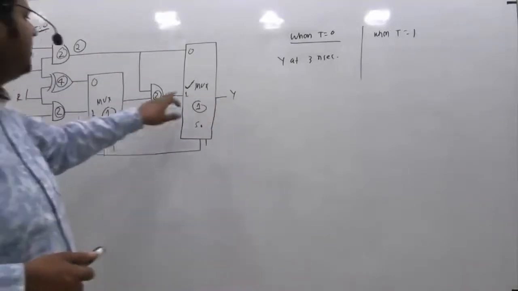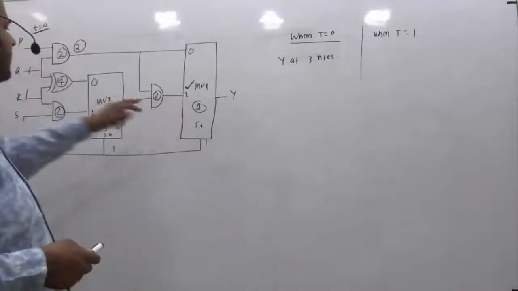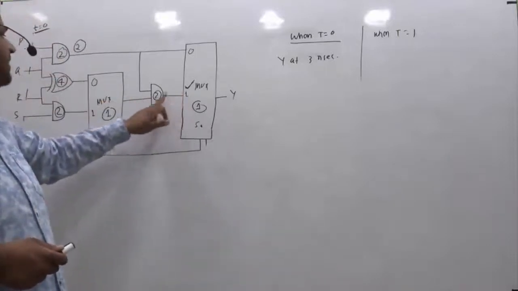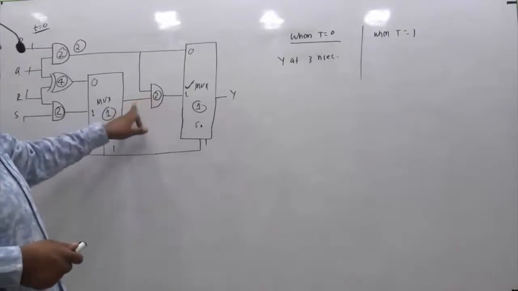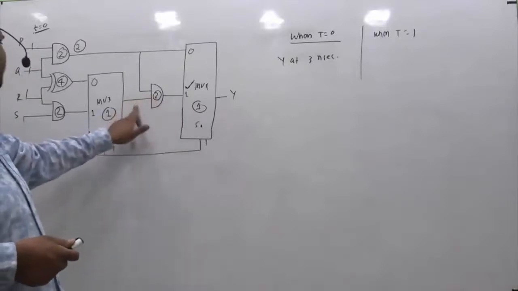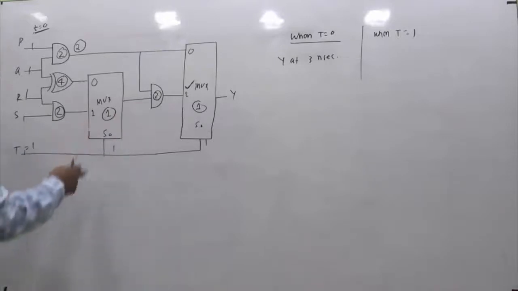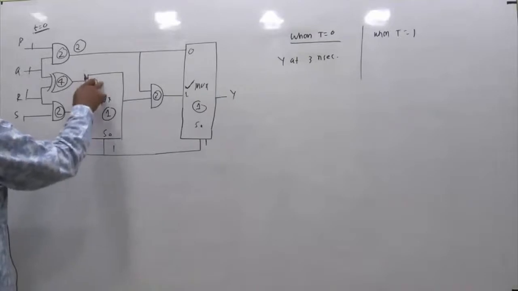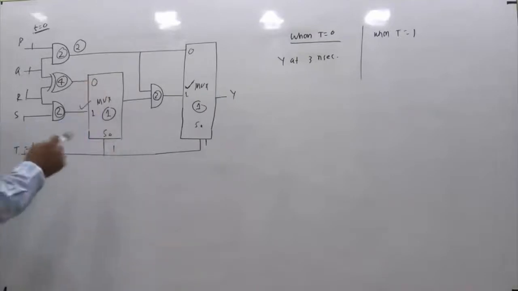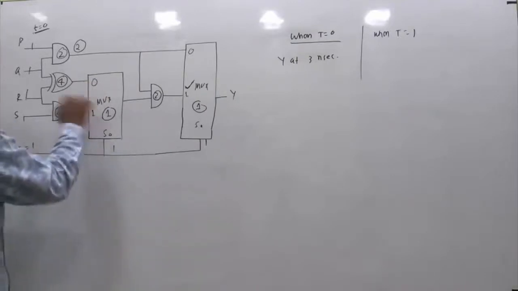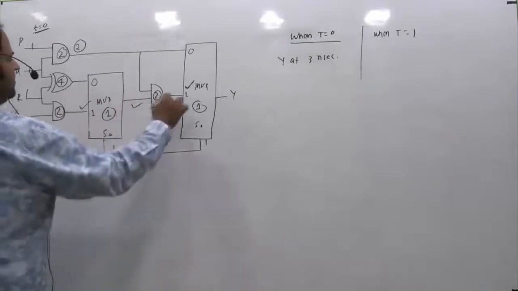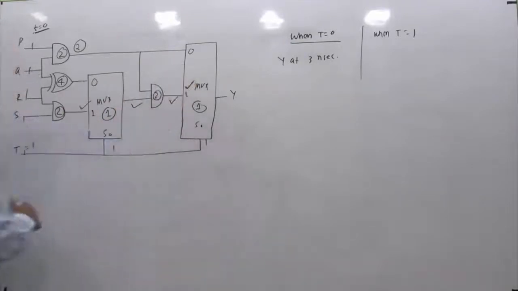Now because you need these inputs, I should think at what time I will be getting this. Because I need this one, I should think at what time I will be getting this. Because I need this, right? So I should think at what time I will be getting this. Because once you take T equals 1, in this multiplexer also, this will come into the picture, not this one. So the signals which are needed are this one, this one, and this one, right? So let's see one by one.